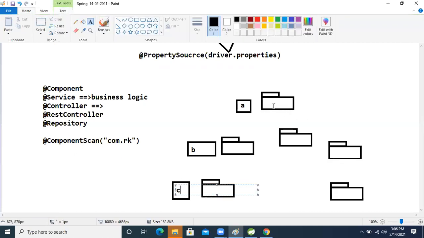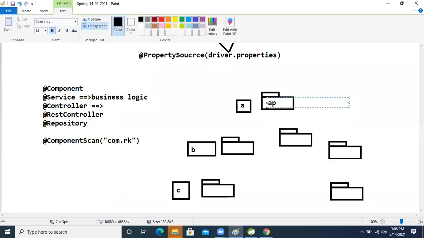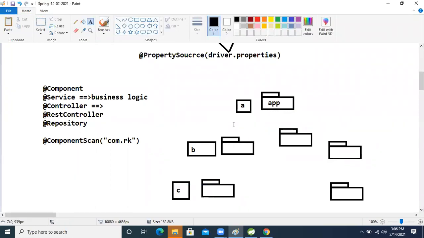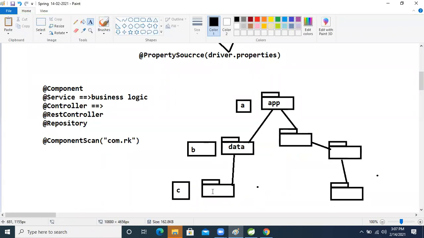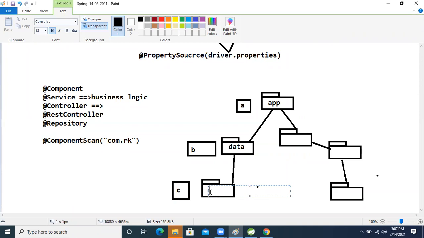Now here I'm taking App. This one is connected with this one, and this one with this one, and so on. This package name is my data.